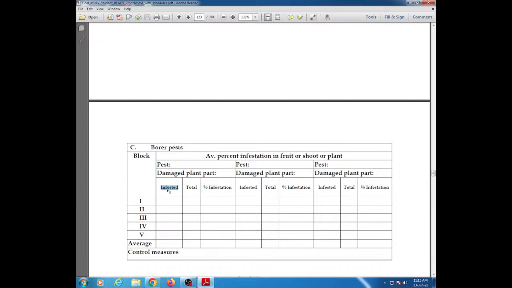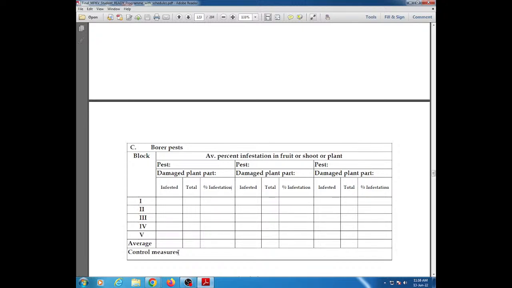You have to divide the number of infested fruits by the number of total fruits, and it will give you percent infestation by the pest in the field in that particular block. Now every block will have this percent infestation figure, and you will get the average here. And if that percent infestation is more than ETL, you should take up the management practice, or if not, then